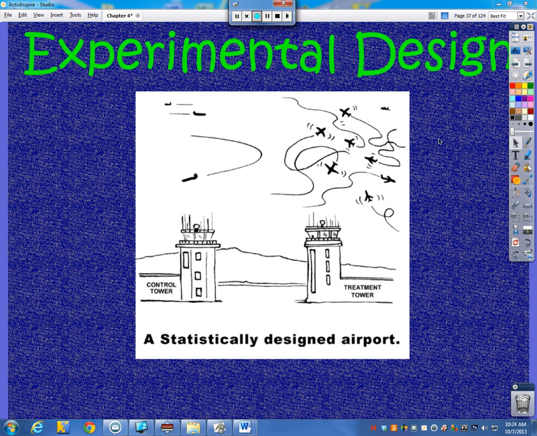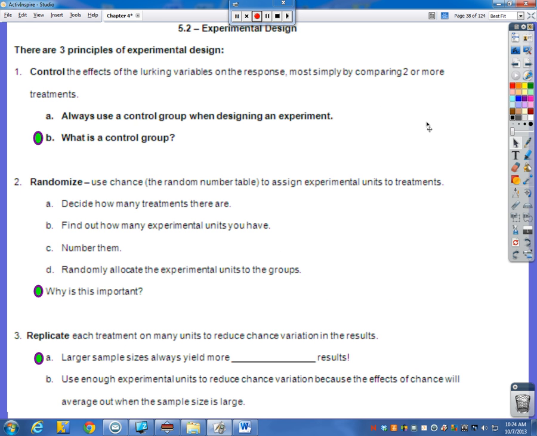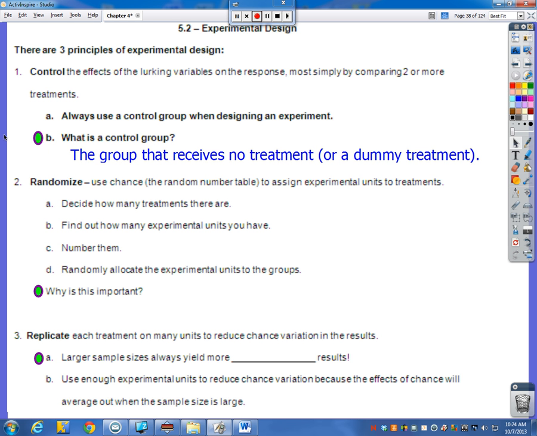Alright, the first real video of Chapter 4 here, we're going to be talking about one specific type of experimental design. And so first, we're going to jump into part of the reading that you should have already done here. Before we actually design some experiments here, we need to keep in mind some important facts. Number one, it's always nice to have a control group when you do an experiment. And the purpose of our control group was to reduce any type of bias that may happen from groups that